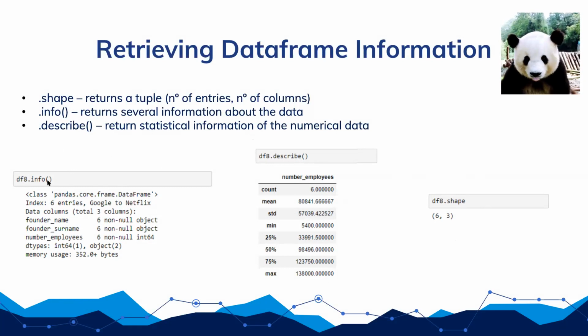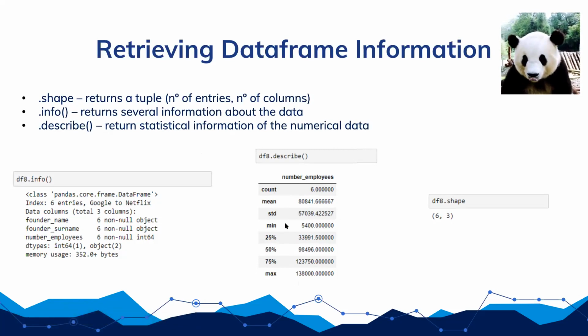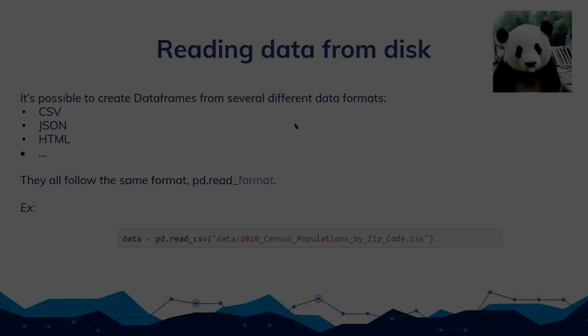That's a lot of information. And if your DataFrame has numerical data, if you use describe, you get information about the mean, the standard deviation, the min value, the max value, and the percentiles. So, finishing,